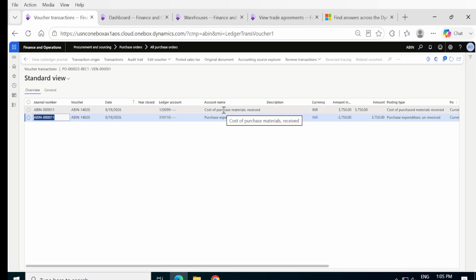We discussed that it will hit the cost of purchase and material received and uninvoiced. These are the two things we discussed that it will hit. So these two are now booked and posted into the general ledger. Okay, so these are the two accounts now. Now we have received the product and posted it. The next step is